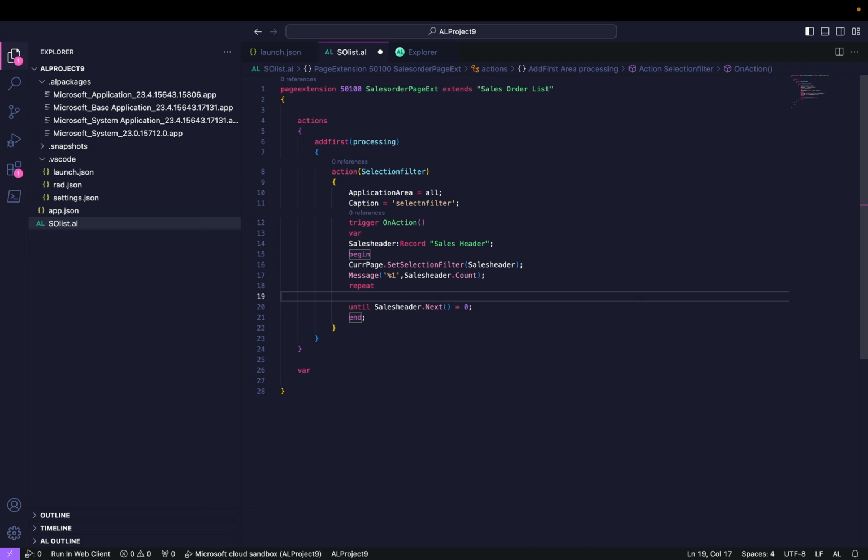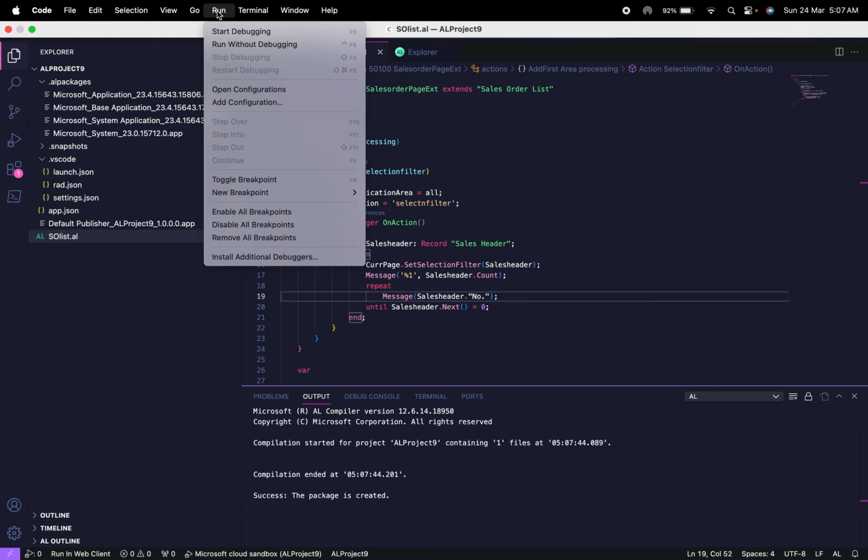We will see that if I select multiple records, because the definition says it will mark all those records I select at the page level, are we able to use them one by one in a repeat until loop or not? Let me type here Message(SalesHeader."No."). So let's build this project,